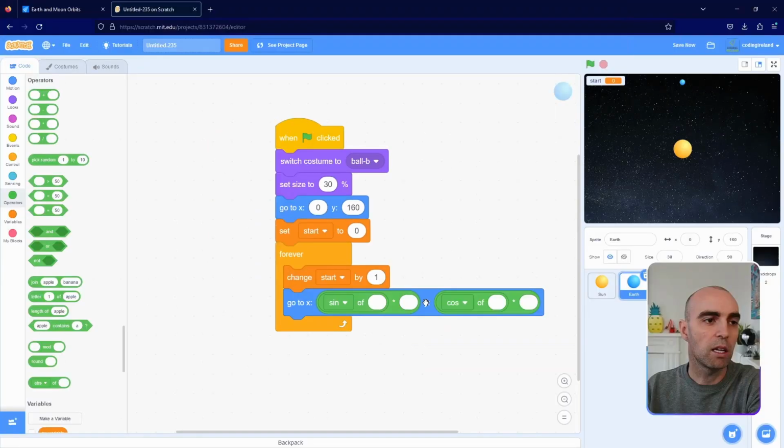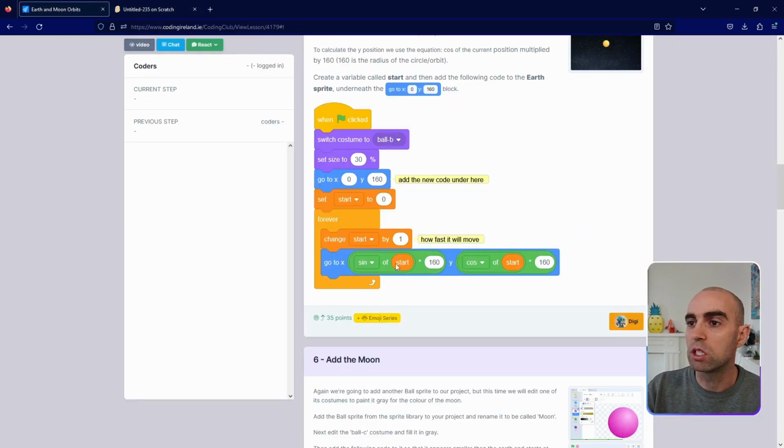So this is slightly complicated, but just take your time to make sure you add the blocks in the right places in the right order, and it should work fine. If it doesn't, just go back and check your code against the instructions, and you'll probably be able to spot where you went wrong. And then we just need to put in the start block into both of them